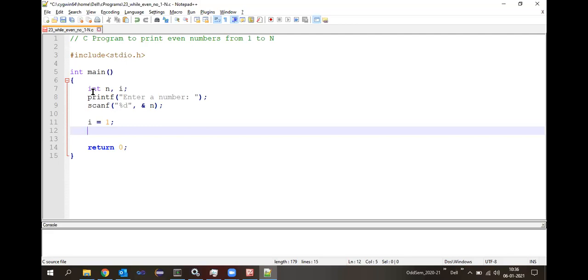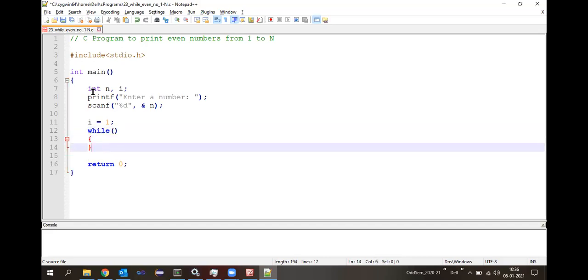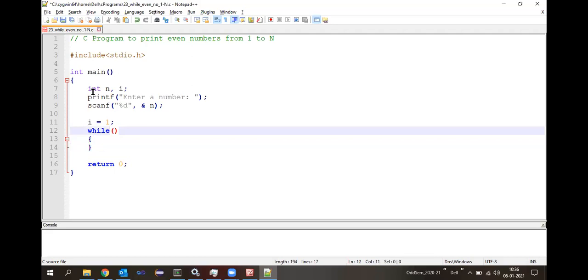Okay, then second is the while loop. So in the while loop, we are going to write the condition and then the corresponding statements. So what will be our condition now? From the first number to the last number, we need to repeat. So where have we stored the first number? We have stored the first number in the variable i, right? And I need to look at all the numbers up to the last number, that is less than or equal to n. So the condition for the while loop will be i less than or equal to n.